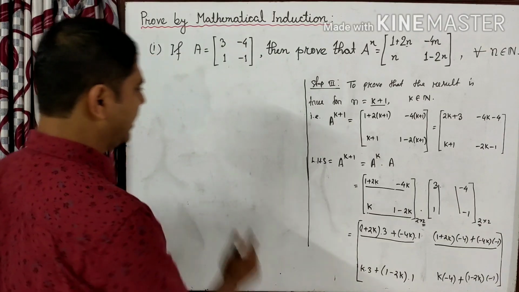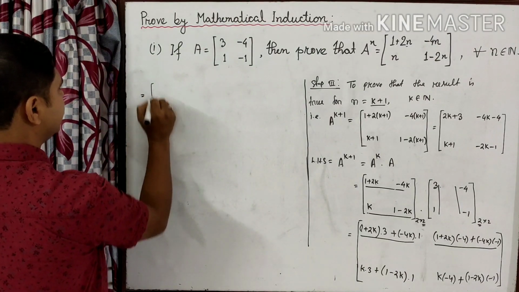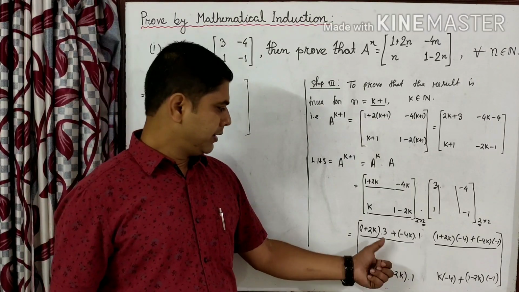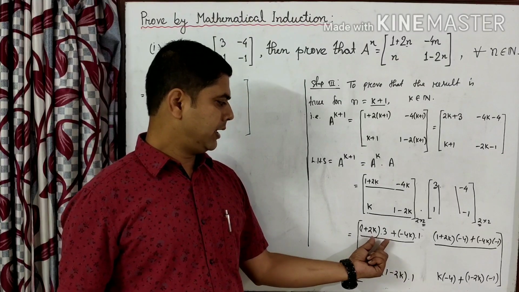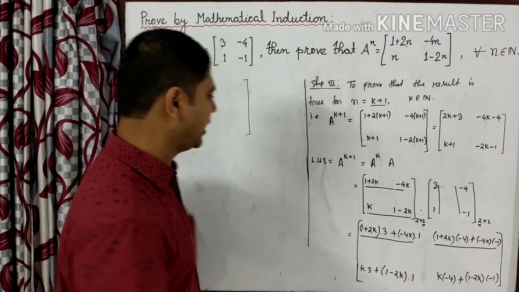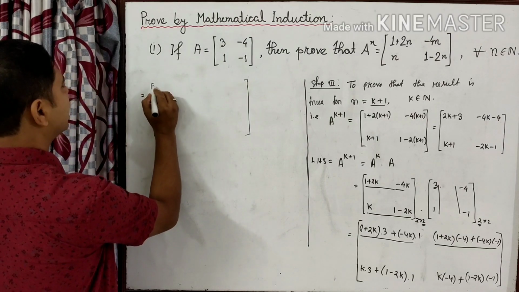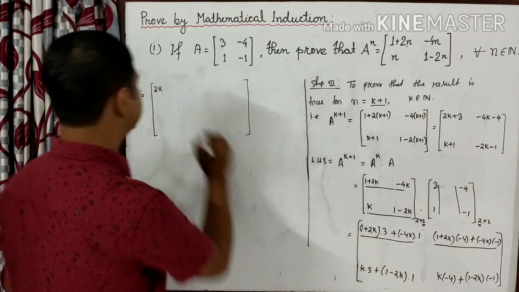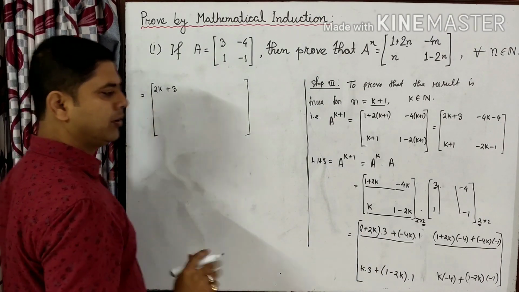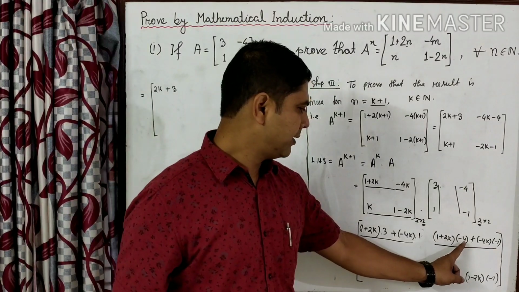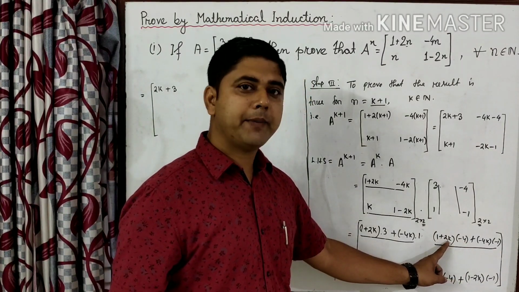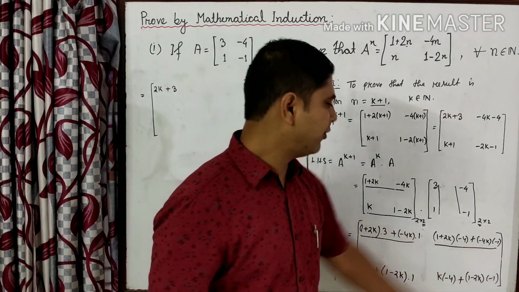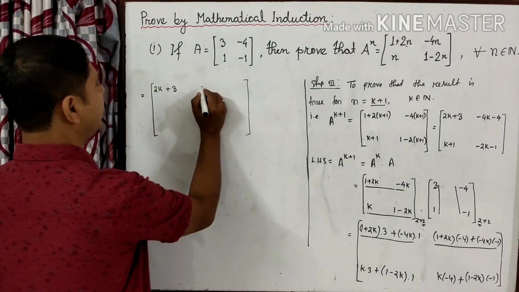Now this step can be written like that. After simplification, first one is 3 into 2, ultimately 6K. 6K minus 4K, definitely this part is equal to twice K. Multiply 3 into 1, this value is equal to 3. Next, simplify this one: minus 4 twice K, minus 8K, plus 4K. Minus 8K plus 4K, definitely minus 4K.